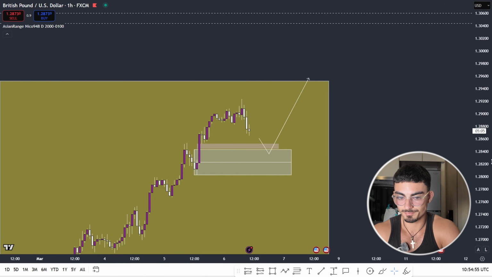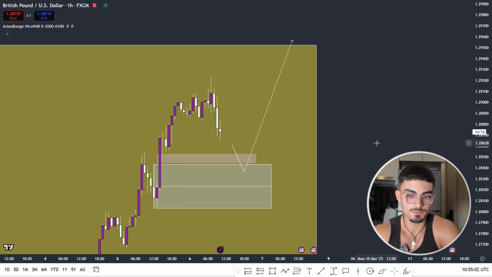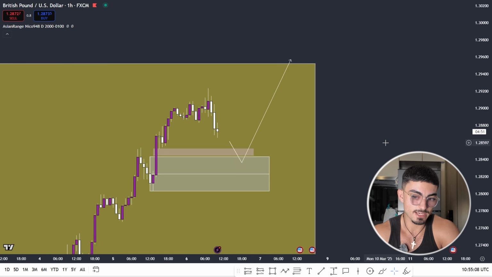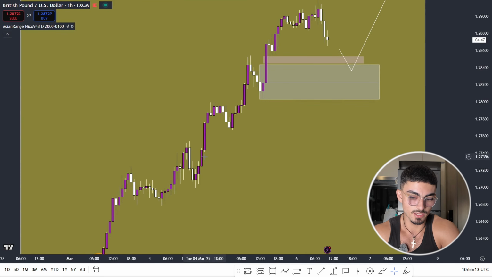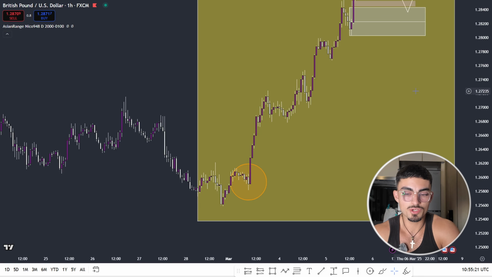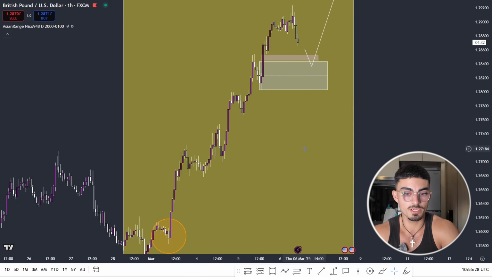Now, what this means is, of course, yes, we're bullish, but you need to understand, guys, that when it comes to taking buys, it comes to a point where the market is going to have to reverse. It has to pull back, right? And the chances that it continues going higher from here, compared to, for example, yesterday down here or the day before down here, is a lot lower. And the reason why is because the market will eventually lose its steam. It's eventually going to lose its buying pressure because it's taken out so much liquidity to the upside.